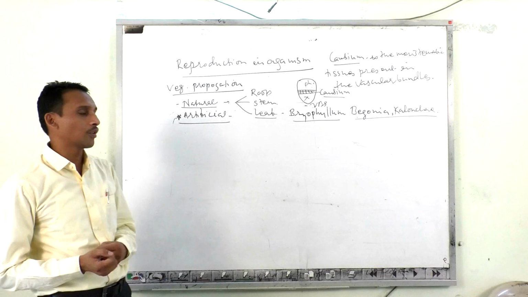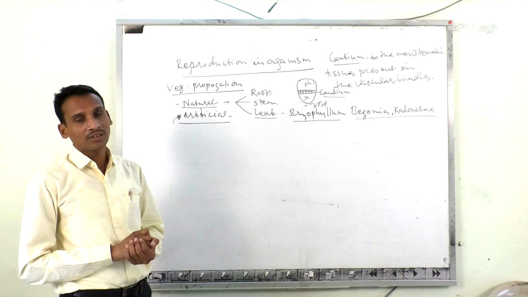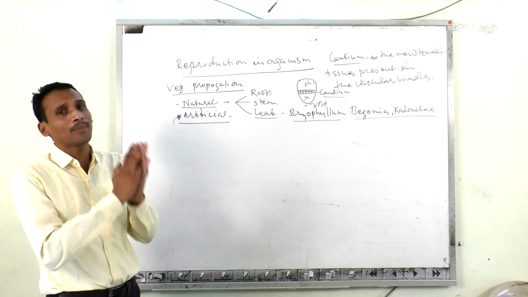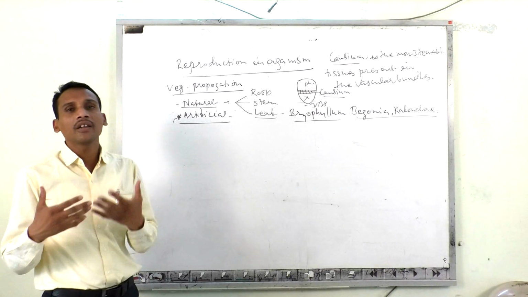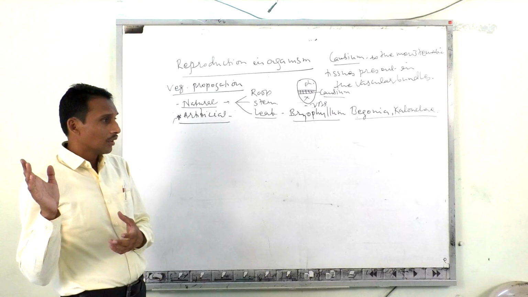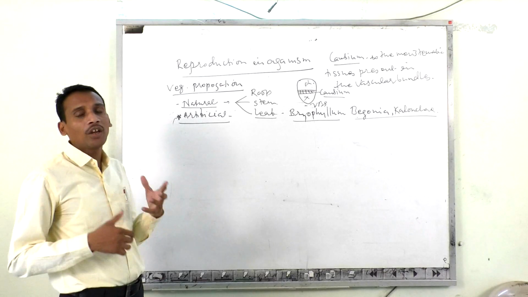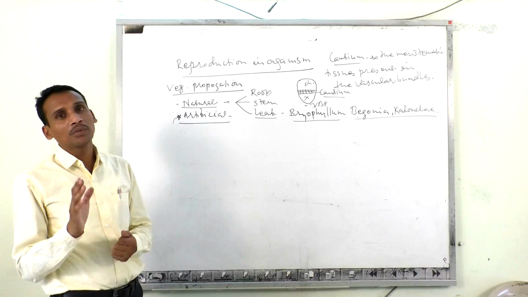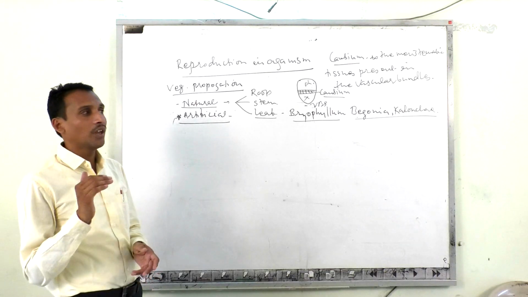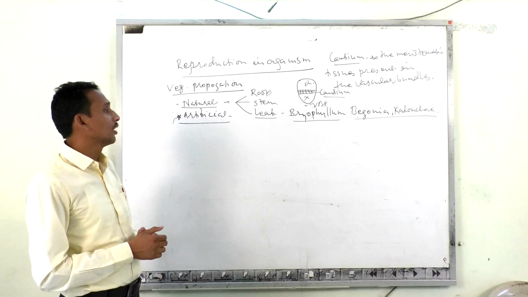The best examples are banana, then hibiscus, then rose. In those cases, clonal propagation is carried out. That means the new individual produced is exactly similar to the parent plant. In this way, higher yielding varieties can be produced very rapidly, and they do not lose their better yielding characters. In this method, very quick propagation is carried out, that means rapid multiplication on a larger scale within a very short period of time.